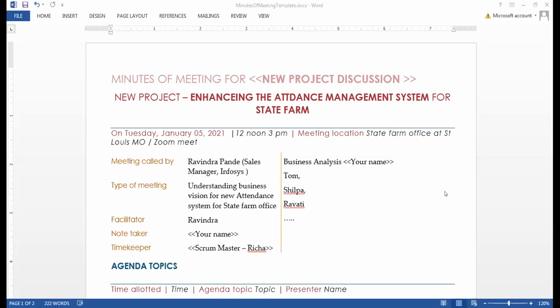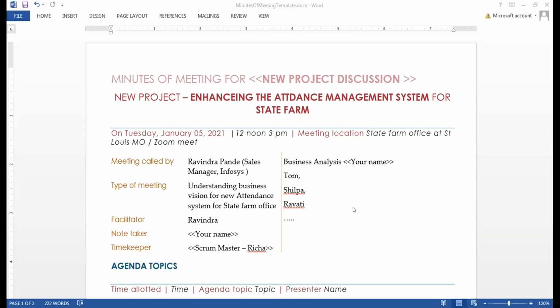Have I shown you this thing earlier? No, I believe. Okay, no problem. So this is a template, this is a document, and there could be different colors, different types of tables, different font sizes and cosmetics in use.